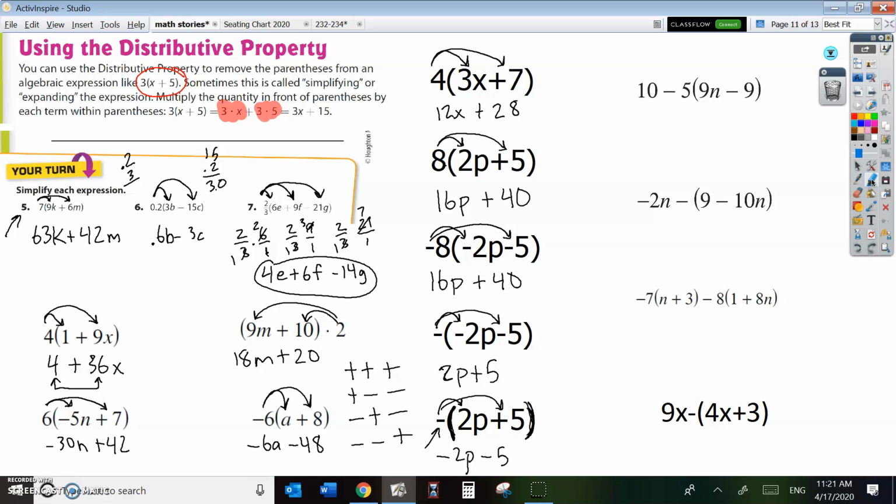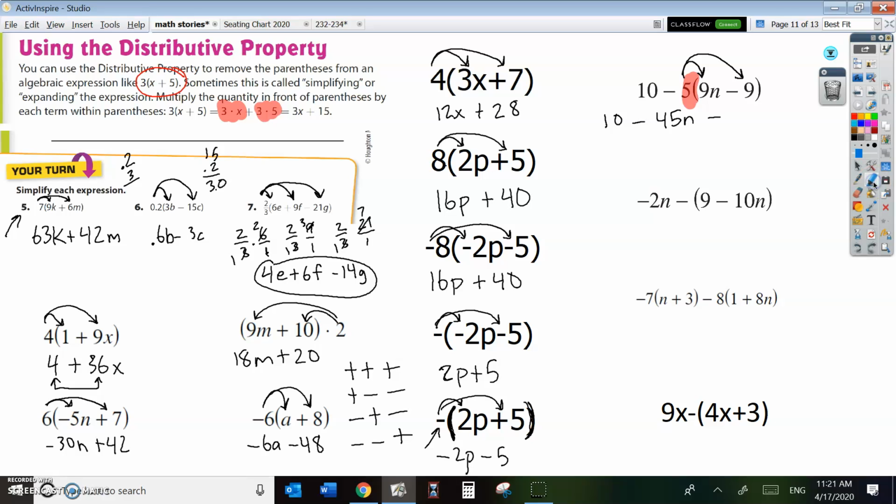When you have a problem like this, start here. You're starting with multiplication because multiplication comes before subtraction. You are distributing 5 to the 9n, and you're distributing 5 to the 9. So you're doing 10 minus 45n minus,